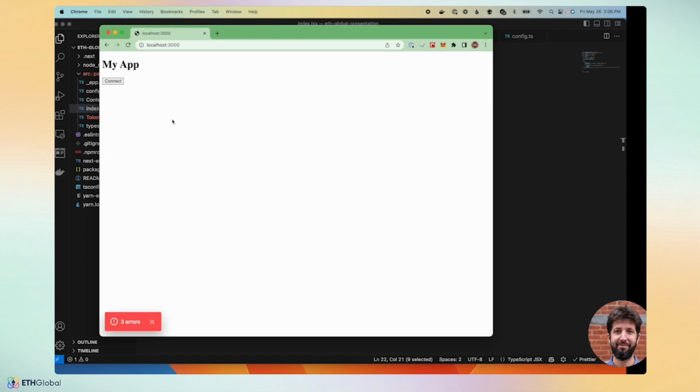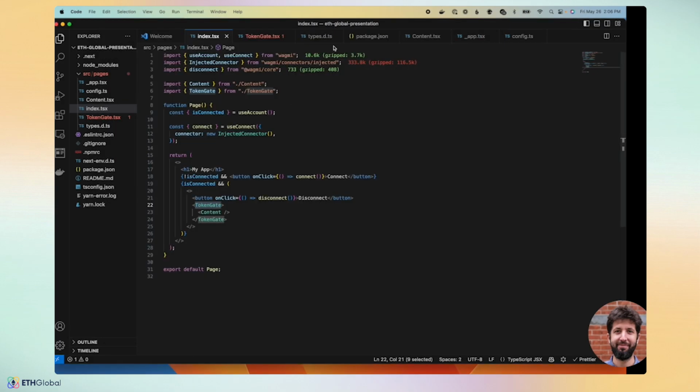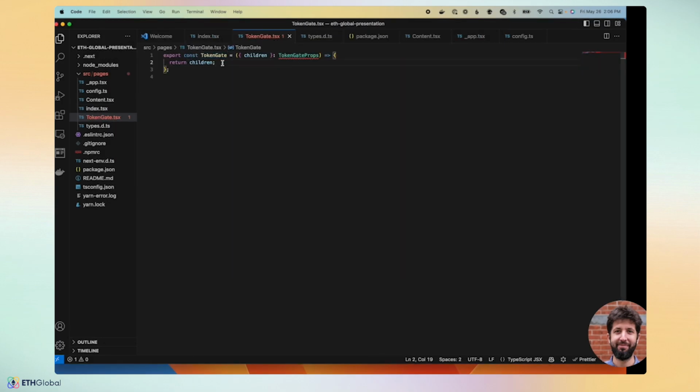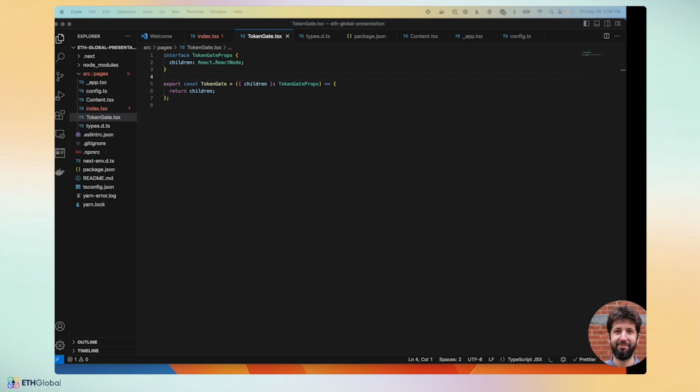There's a mismatch between what the server shows, but if I click here, I can now still show the content. But this time what we have is the way to go through this token gate component. This component is going to be a bit more complicated. Oh, actually, I forgot to add the props here for the children. So this component itself is going to be a little bit more complicated, and so we'll get started working with this. So here we're going to use again